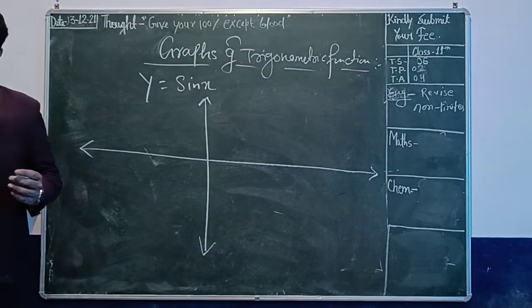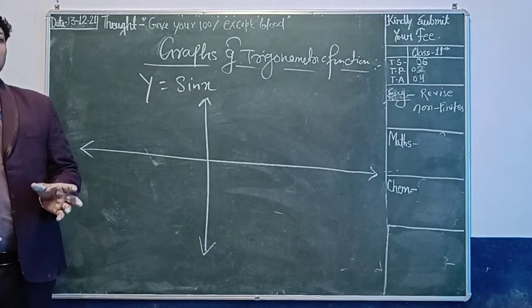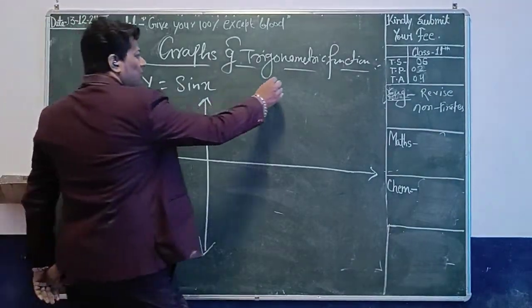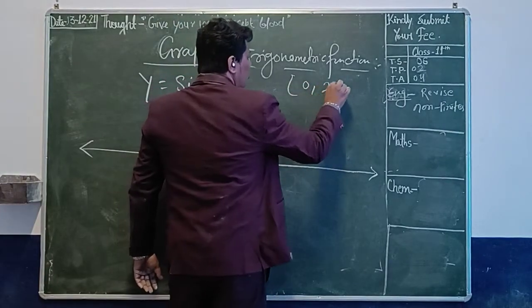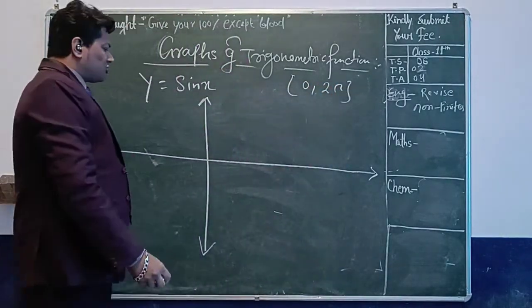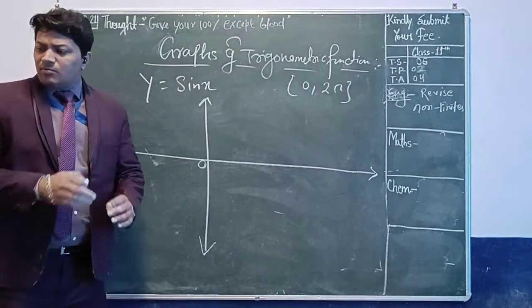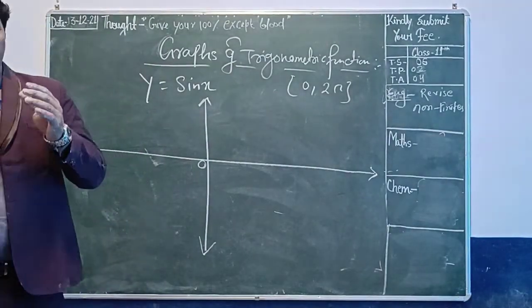We have the function sin x, from 0 to 2 pi. Is it clear? The period is simply 0 comma 2 pi. So here you get the position. Now you can mark all the points. You can go for pi by 6.